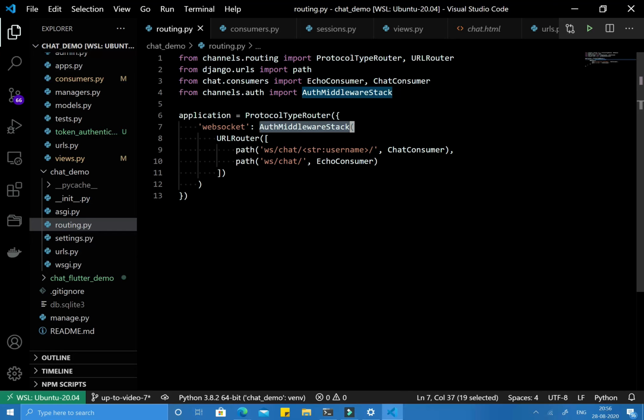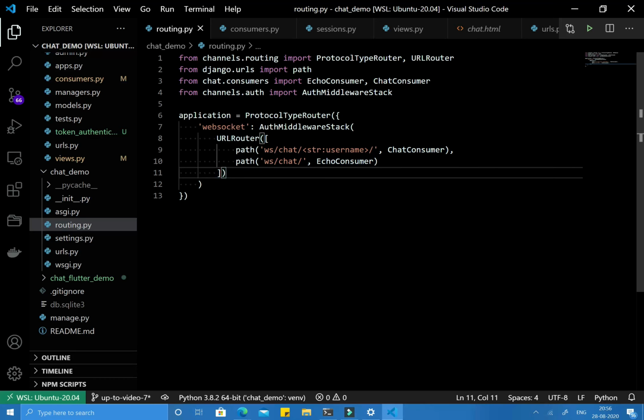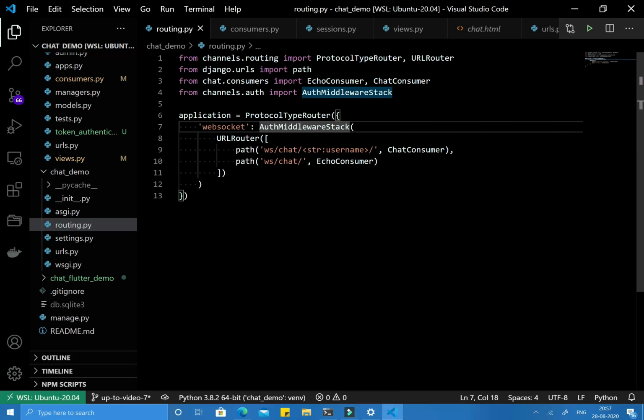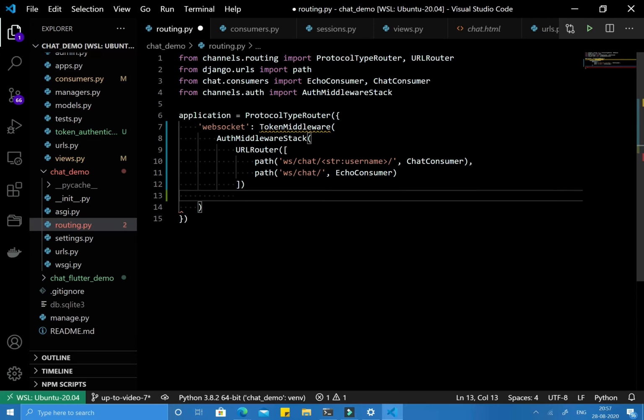First, there is session middleware, where it checks if a session exists, then it will attach the user to the request. In the same way we have to do it here, right? So this is ultimately what is in this auth middleware stack. As you can see in the tooltip, inner is an ASGI application, right? So we just need to create one like this, a token middleware, and inside there we need to pass this whole function like this.